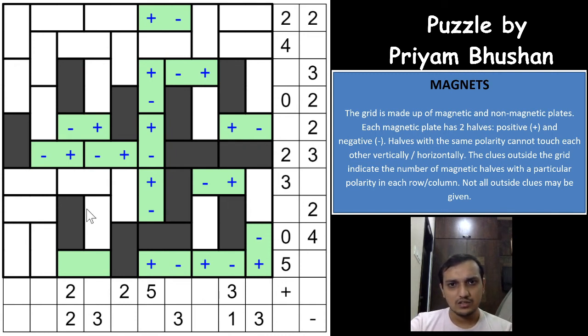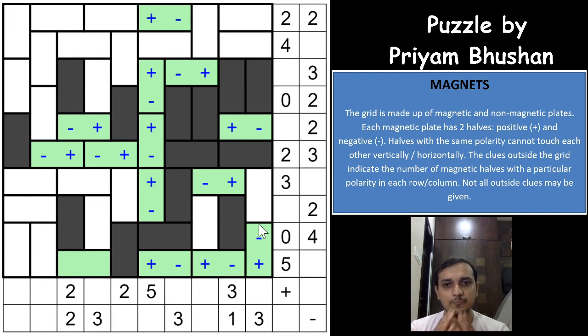Okay, so let's see if we get anything else here. And if you see, both of the plus signs are here, so it cannot be a magnet again. So if you have one region and both cells in that region are adjacent to same symbol, then that cannot be a magnet, right? Easy. And one of the negative symbols is yet to be placed here, and this cannot be a magnet, because if this is a magnet, this had to be positive, which is not possible. And positive, negative, and negative. Okay, so for the three negatives yet to be placed, we are not sure.